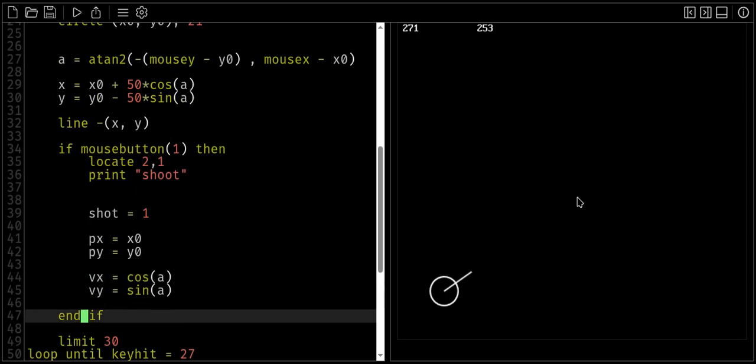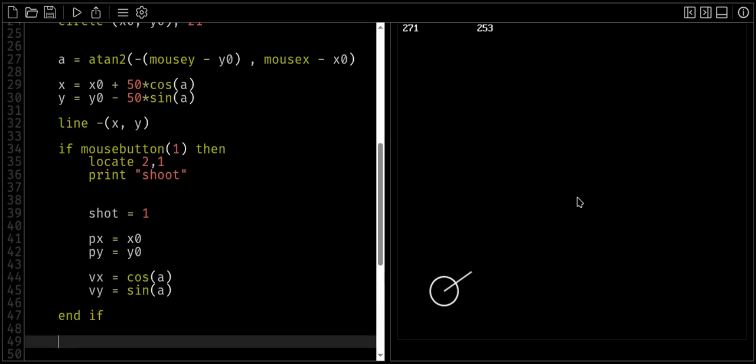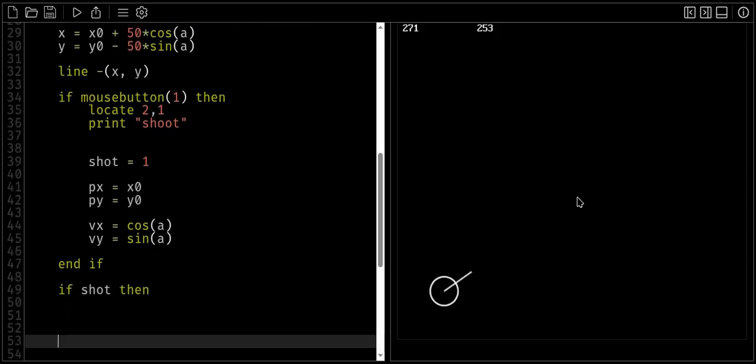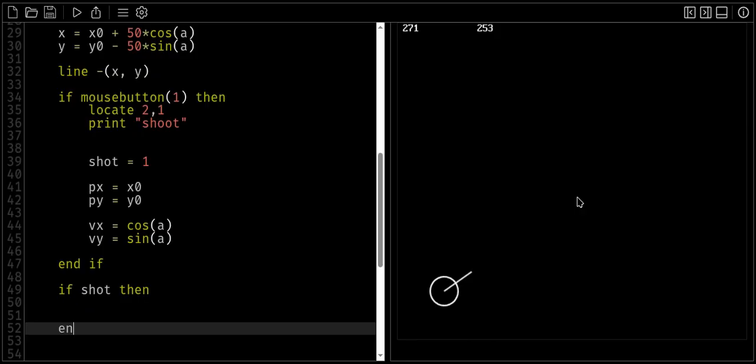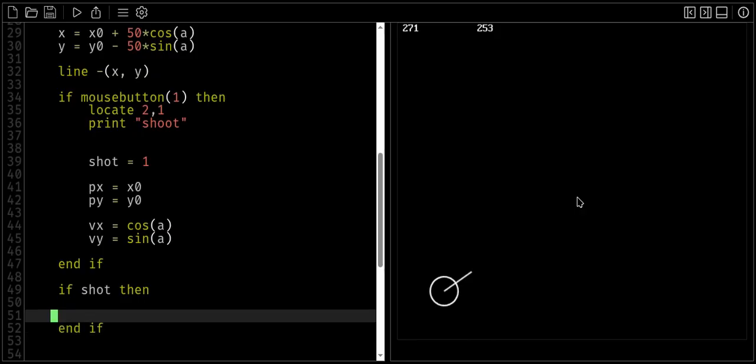so if the cannon is fired, if shot, we should see a projectile appear as a yellow circle. PX, PY. Let's see. And it does. So now we have to make this projectile move,